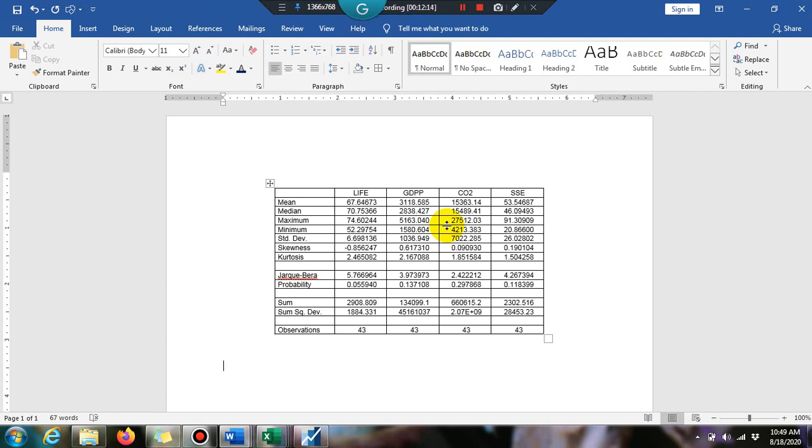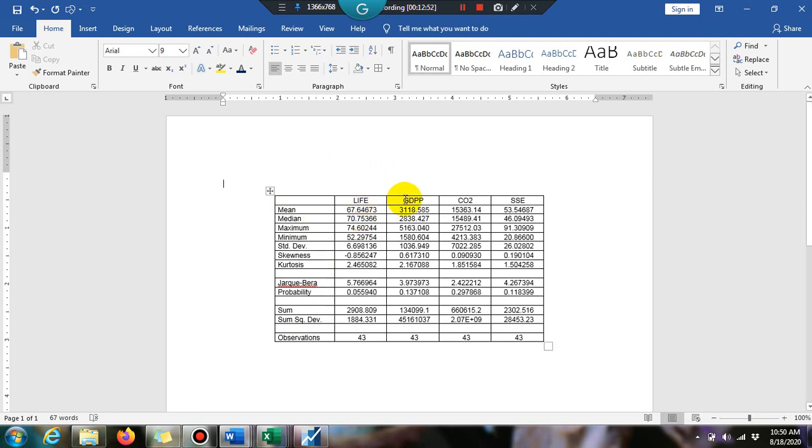Let's start the interpretation of the descriptive stats. Descriptive stats give us the mean of a series, median of a series, maximum and minimum value of the series, standard deviation, skewness, kurtosis, Jarque-Bera, probability, sum, sum of squared deviations, and the total number of observations. I will explain only one variable here, and you follow the instructions for the others.